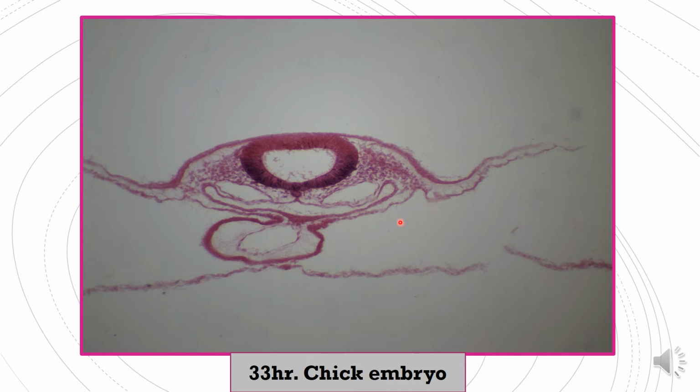The lateral plate of the mesoderm is divided by the intraembryonic cavity. This is the intraembryonic cavity. It divides the lateral plate of the mesoderm into two layers. The layer adjacent to the ectoderm is called the parietal layer. This is the ectoderm, and this is the parietal layer of the mesoderm, while the layer adjacent to the endoderm is called the visceral